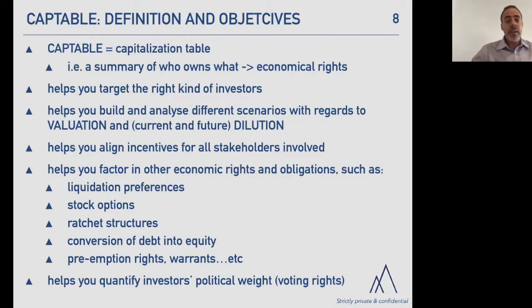And then the last point, the cap table will also help you understand where the political weight is, because it can get a little bit complicated because you all start with ordinary shares. Ordinary shares are just ordinary shares or common shares, different names for the same thing. But as you go into the next round and the next round, normally, and this is also a legal thing, at every round, the name of the shares changes sometimes. So in the seed round, for example, the shares that are created for the seed round may be called